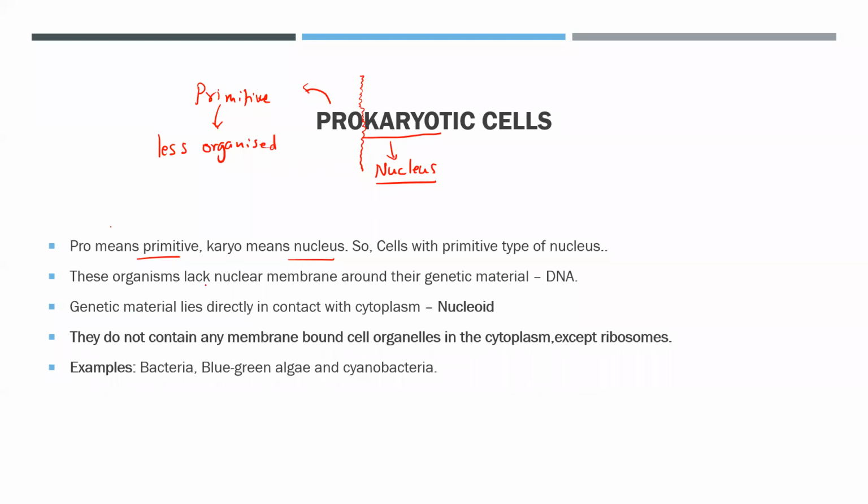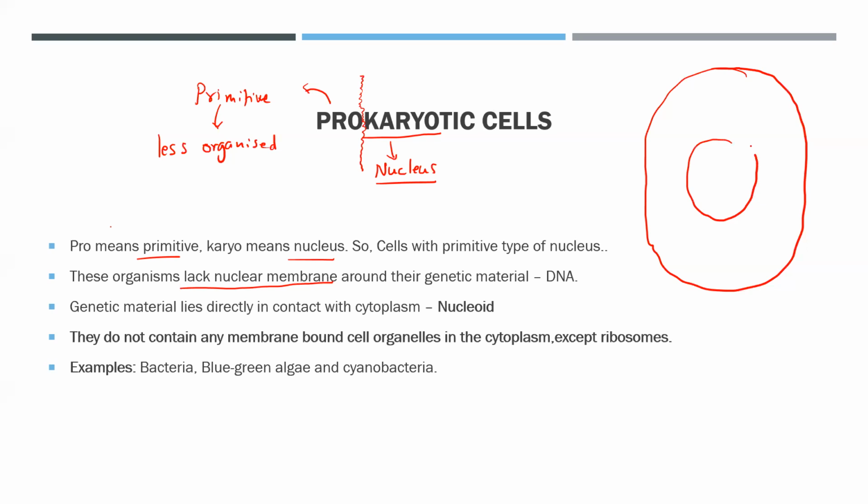These organisms lack a nuclear membrane. This is an important point. For example, this is the structure of the cell, and in eukaryotes we have a nucleus, but in prokaryotes, as we have written, there is a lack of